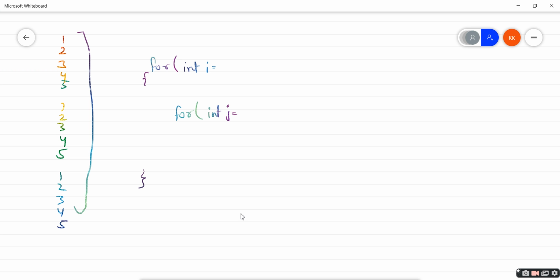For I, we shall initialize with one. Then we give it a condition: I is less than or equal to 5. Then we continue incrementing I, I plus plus.